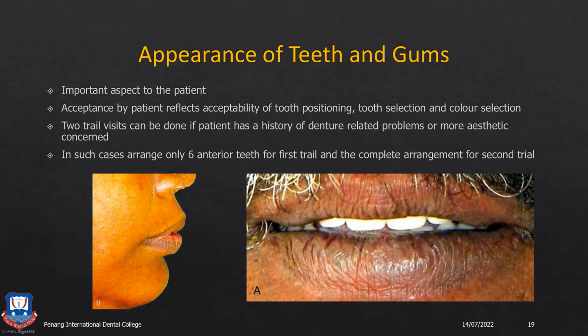So this is an important thing to check and to be incorporated in the final denture before the acrylization. Then you also need to check for aesthetics, that is, proper labial fullness. You should see whether the nasolabial fold is being obliterated or not. You should check for proper cheek fullness. All these things need to be looked at.